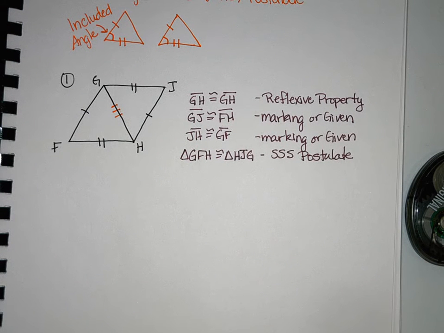Chase? Do we need to write out every single congruent factor, or is it okay if we just put what the postulate is based on, like just the lines in general? It depends on if it tells you that you need to prove it or explain it. Okay, so if it asks you to write a proof,